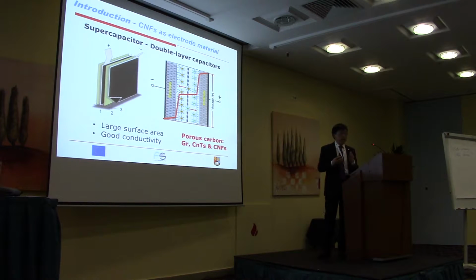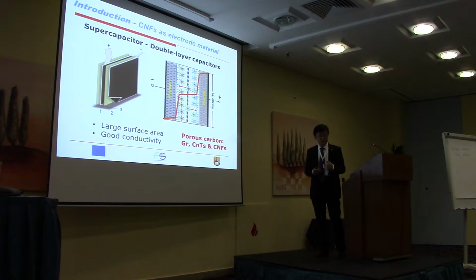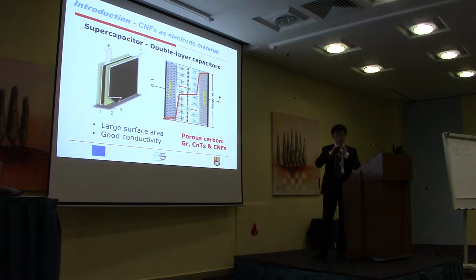In addition to structural applications, carbon fibers, especially carbon nanofibers, are also used, for example, as electrode material. Here just to show you a supercapacitor, a double layer capacitor. Very important for this application is the charge exchange between the electrode and electrolyte. So porous carbon materials, for example graphene, carbon nanotubes and carbon nanofibers, are materials of choice because of their very large surface area if we make them porous and relatively good conductivity. However,